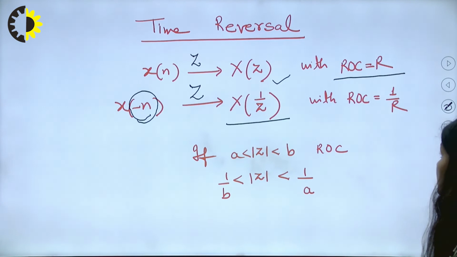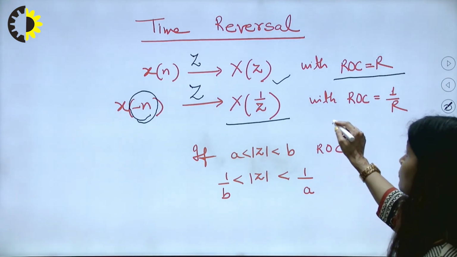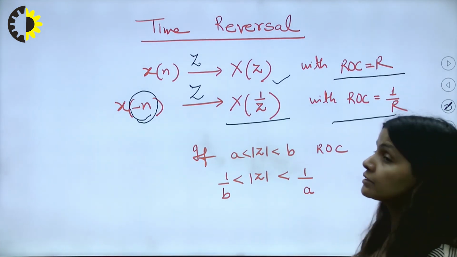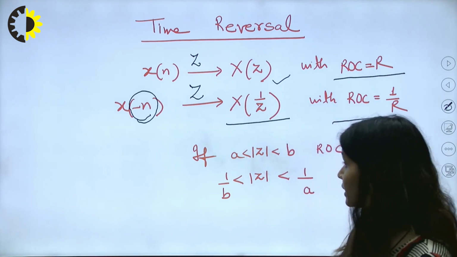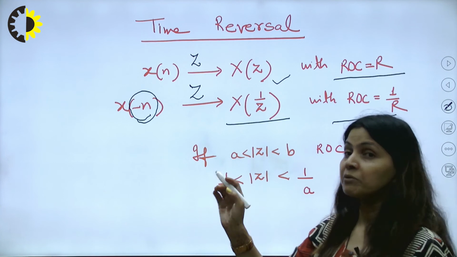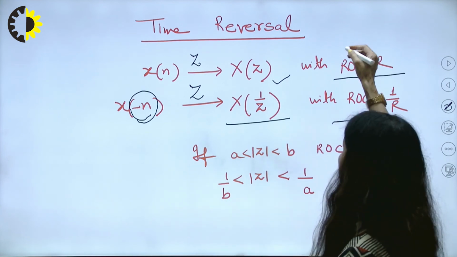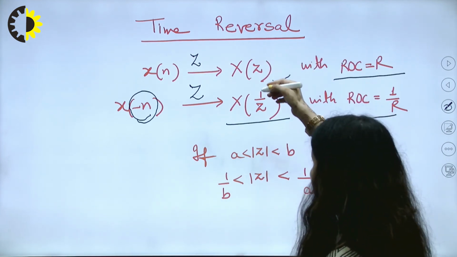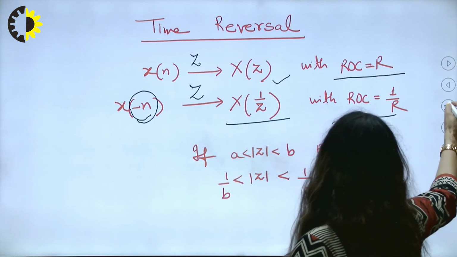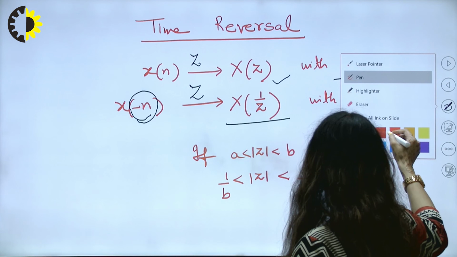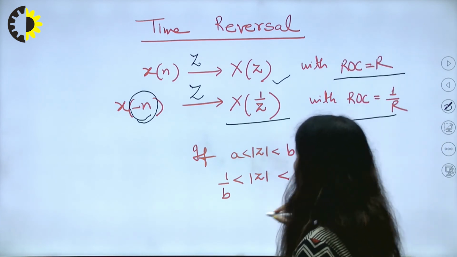Now coming to the ROC, which is a very important point as far as the Z transform is concerned. Let's say the ROC for X(z) was mod z lying between A and B. If I make the diagram for this,